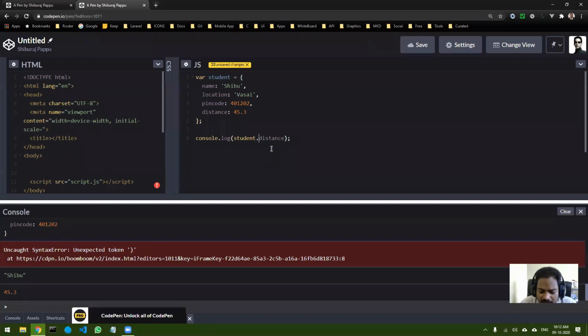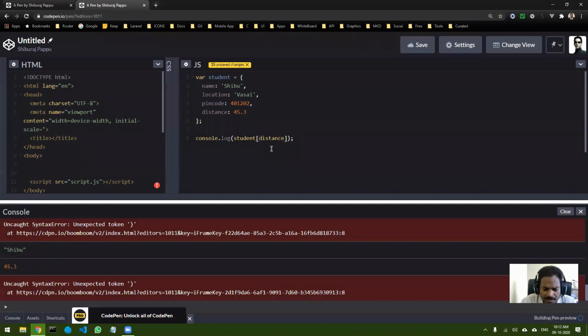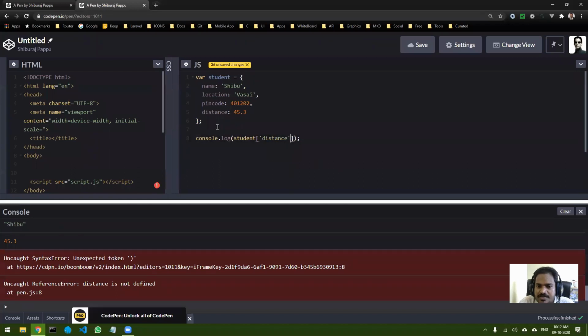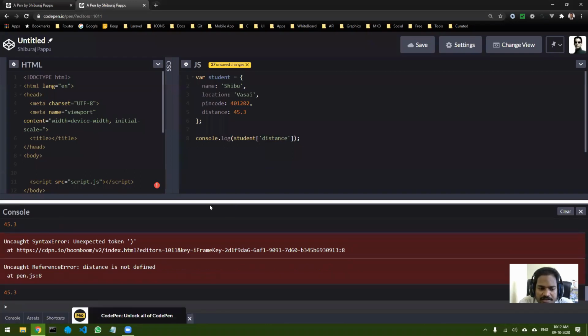But you can also use the square brackets. This is also one way of doing it, and you can see it also gives you the same result.